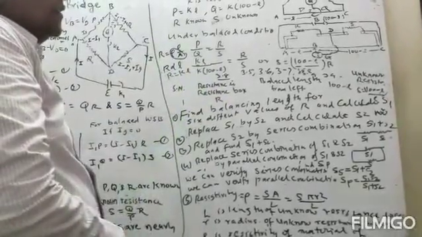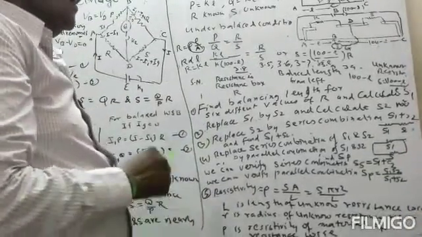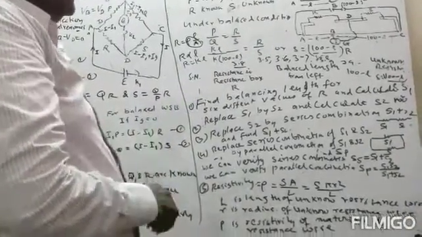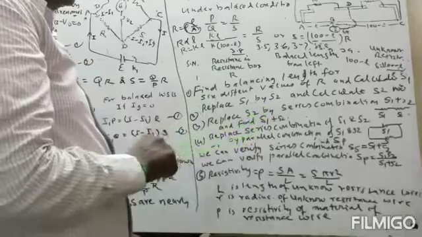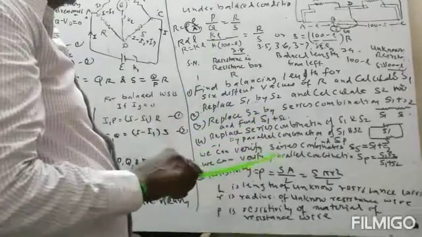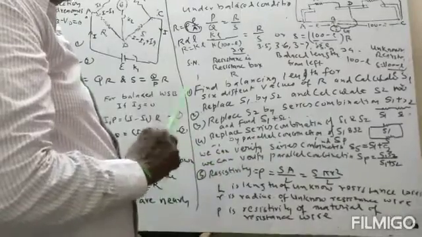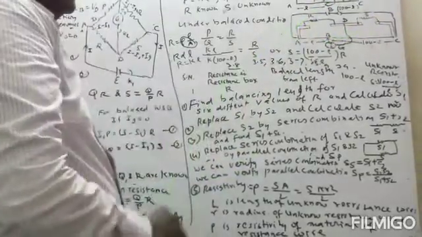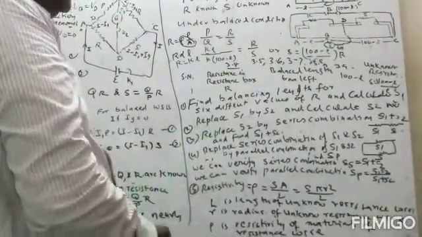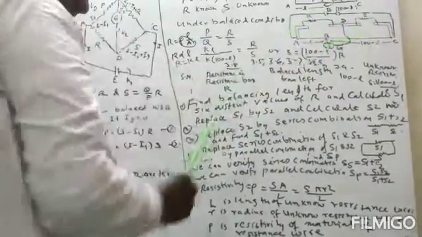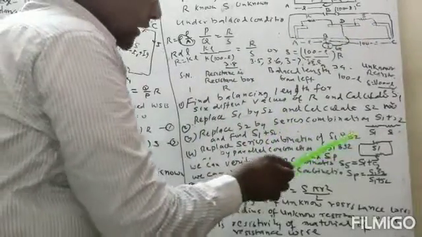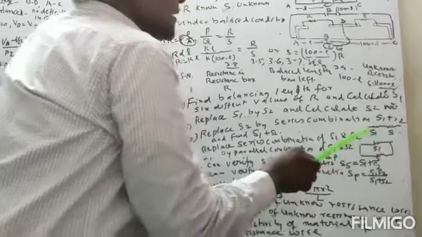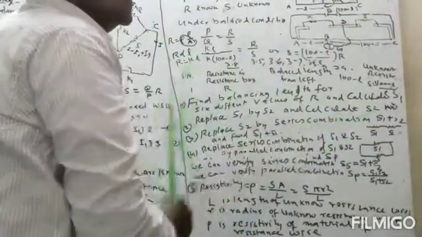Now the meter bridge can be used to verify the law of series and the law of parallel. In the law of series we have two resistances S1 and S2. They are connected in series, then the total resistance will be equal to S1 plus S2. So what will we do for the series? First we take S1 and find its resistance by meter bridge. Then we replace it by S2 and find the value of S2. Then we connect both in series and put them in this gap, and we will find S1 plus S2.